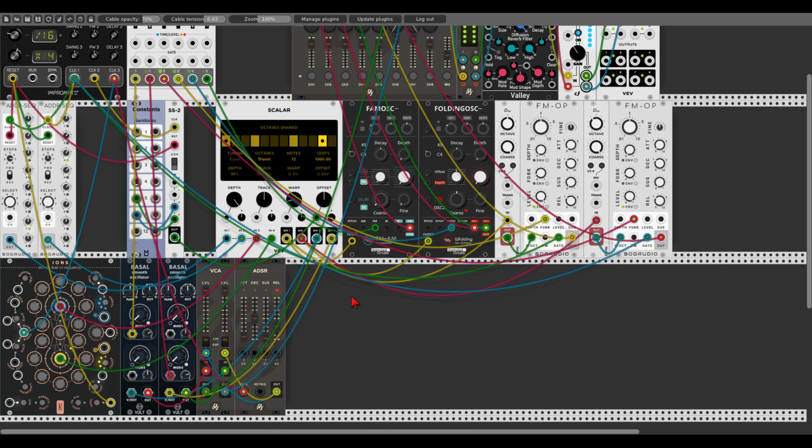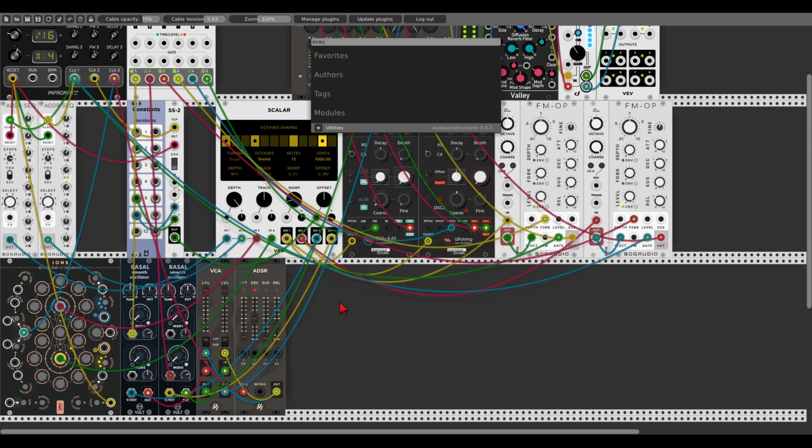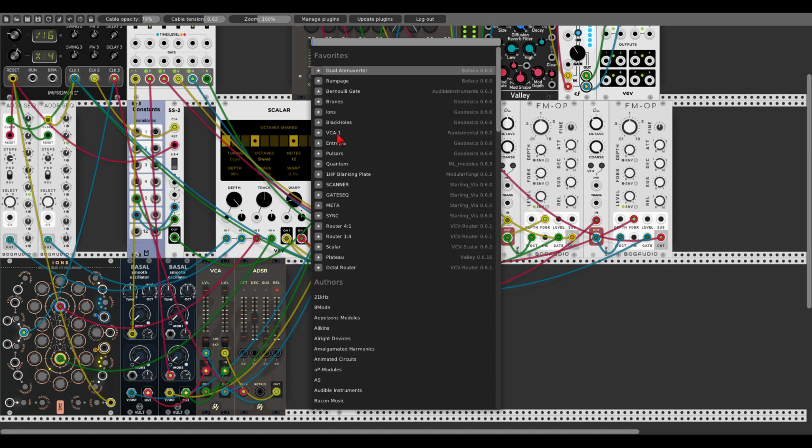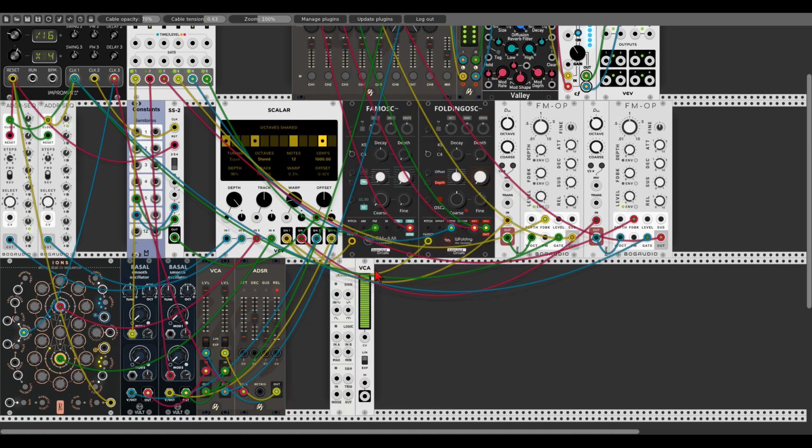Very cool. Now interesting things start to happen when we modulate the tracking, for example, with an audio rate signal. So let's add kinks or utilities from Audible instruments, and also a VCA. I will use the one from the fundamental modules. Let's send the noise output from the sample and hold section of kinks through the VCA to the track CV